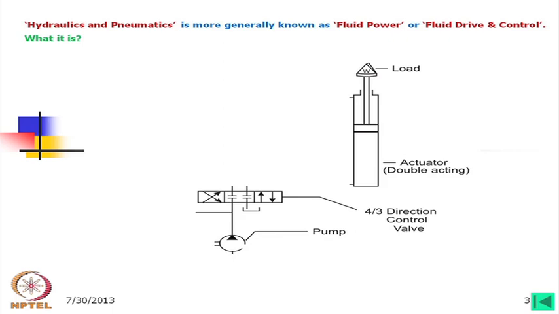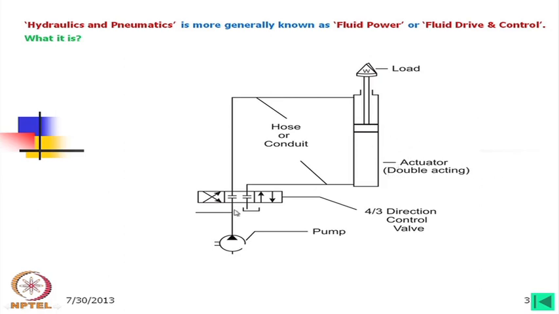Now, what we can introduce is a valve which is named as 4/3 directional control valve. I shall describe later what is meant by 4/3 direction control valve, but looking into this, what we find is that the pump is connected to one port, and there are two ports at the top and another bottom port which is apparently draining the oil. Now, we can connect this valve to the cylinder by conduit or pipe. Then one end is connected to the bottom, the other end is connected to the top of the double acting actuator,